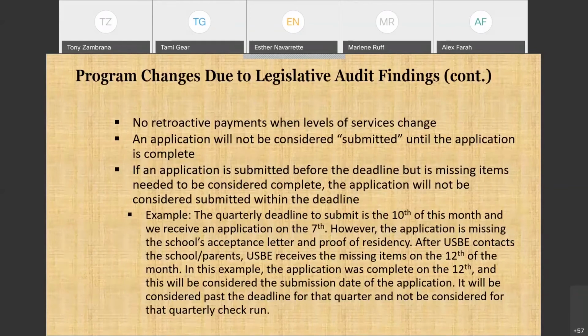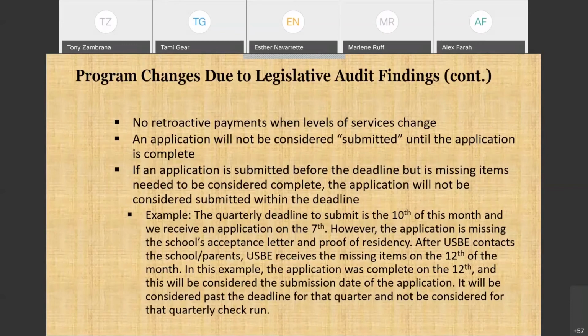So let's say that the quarterly deadline to submit is on the 10th of this month, and then we receive an application before the deadline on the 7th. However, the application is missing the school's acceptance letter and a proof of residency. After the Board of Education contacts the school or the parents, then we receive the missing items on the 12th. So now that's after the deadline. In this example, the application will be considered complete on the 12th, and this will be considered the submission date of the application. And so it will be considered past the deadline for that quarter and not be considered for